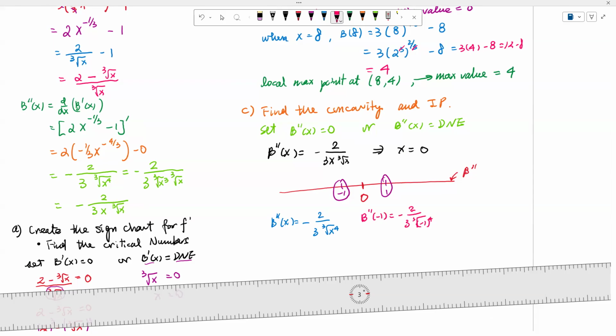So basically, this is a negative number, because this is actually -2 over 3 times the cube root of 1, right? And b double prime of 1, same thing, is also negative. So if this is the case,